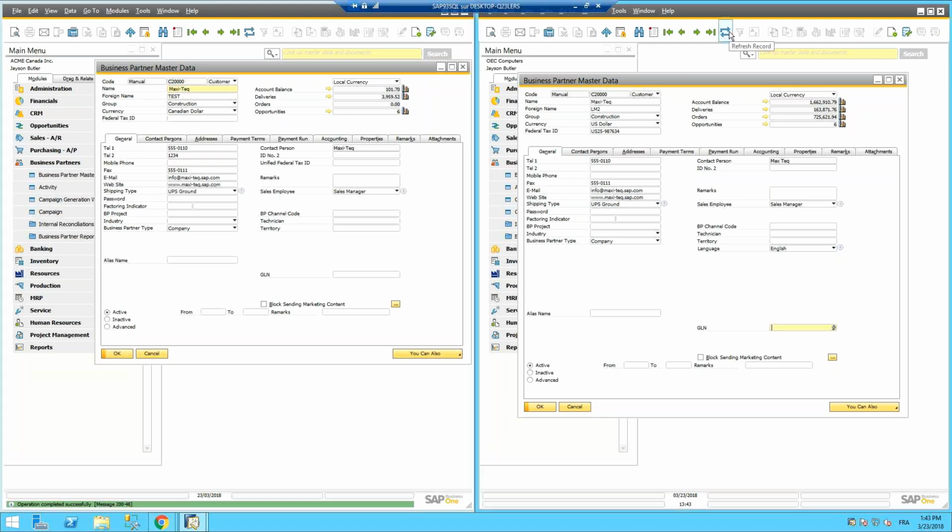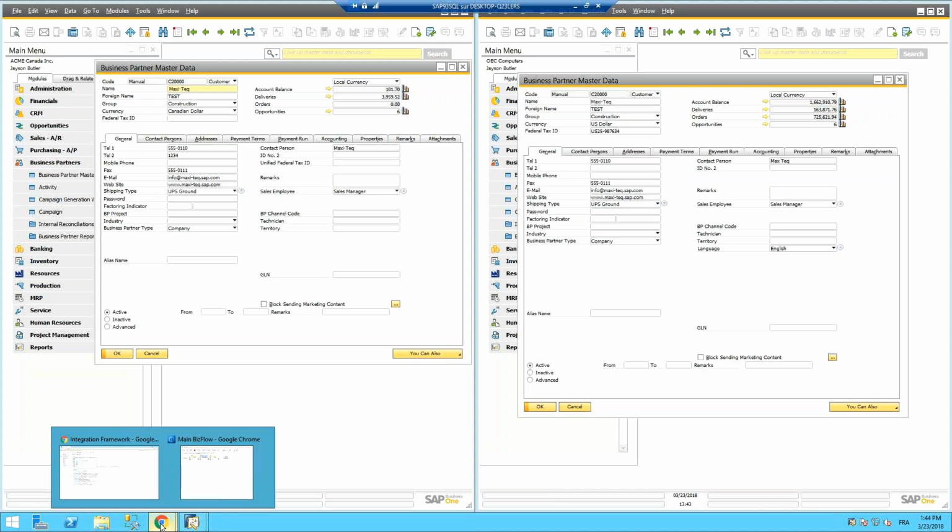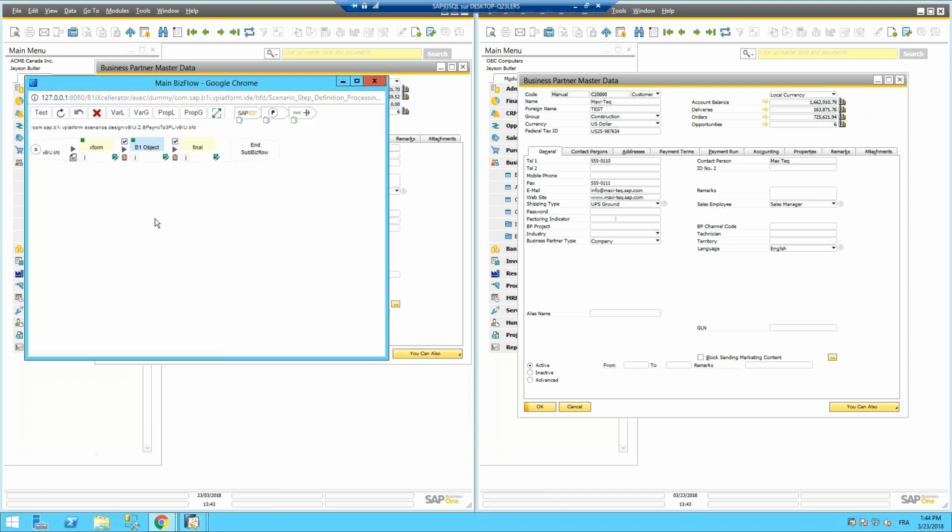It's quite fast usually, it's not that long. You see already I've got the US company that's been updated with test, but in that case, the phone 2 has not been updated because it was not mapped in my program. If I just go back in and remap that field,